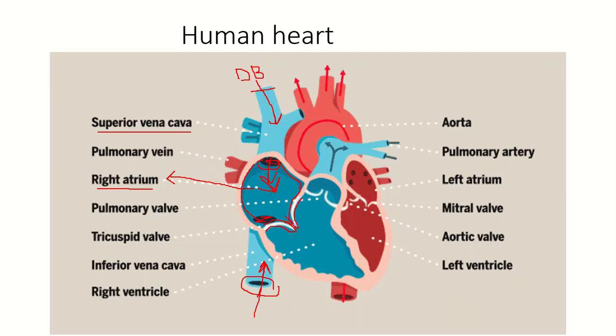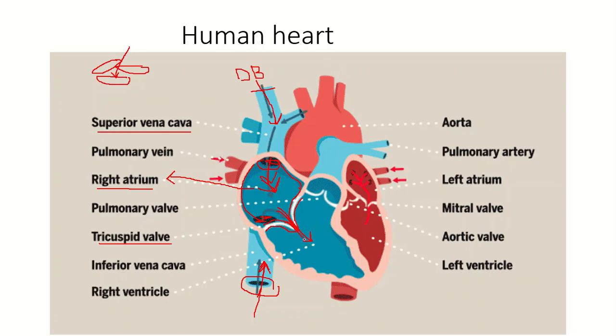After this, there are the valves, and these are called the tricuspid valve. Why are they called the tricuspid valve? Because they are made up of three flaps. If I draw a diagram, this is the first flap, this is the second flap, and that is the third flap. It means these three flaps make the tricuspid valve, and when they open, they allow the blood to move inside to the next chamber, called the right ventricle.